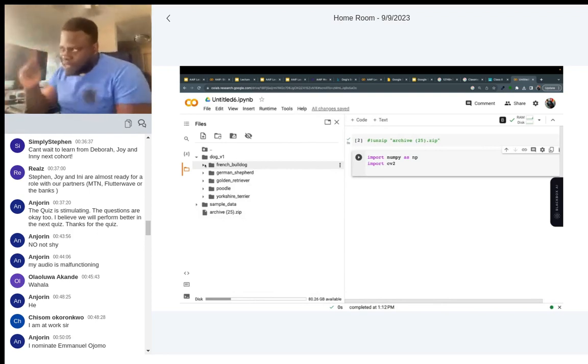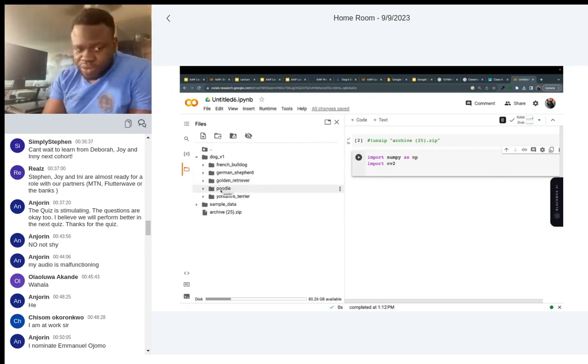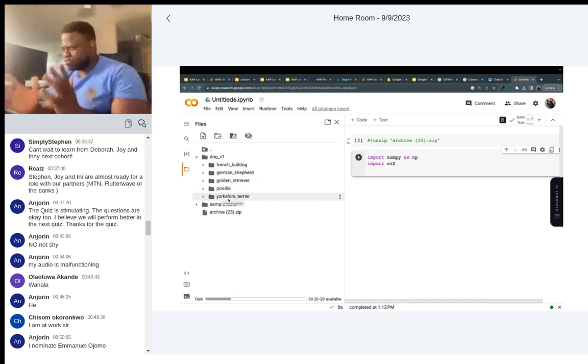That means that when I train the model, whenever it says 0, it is referencing French bulldog. Whenever it says 1, it is referencing German Shepherd. Whenever it says 2, it is referencing Golden Retriever. Whenever it says 3, it is referencing Poodle. Whenever it says 4, it is referencing Yorkshire Terrier. Does that make sense?